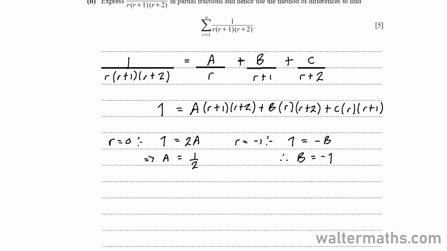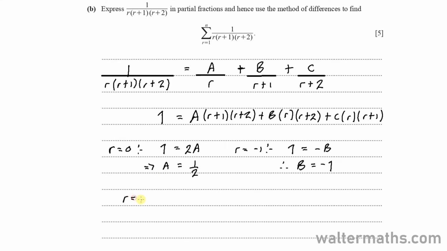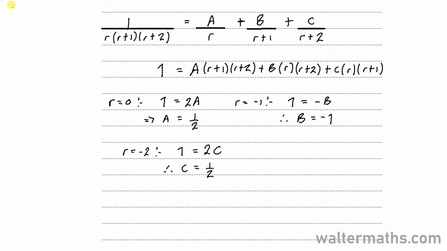And lastly, when r is equal to minus 2, here on the left side we still have a 1, and on the right side we cover up for this and this, so we'll be left with minus 2 times minus 2 plus 1, which gives us 2c. So therefore c comes out as a half. So now we can say this